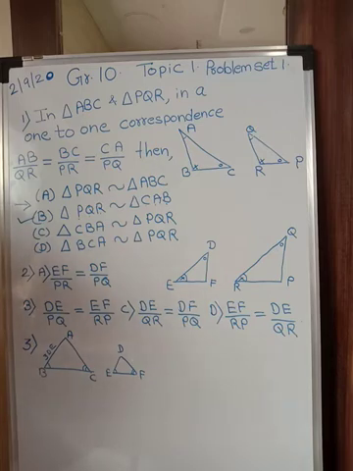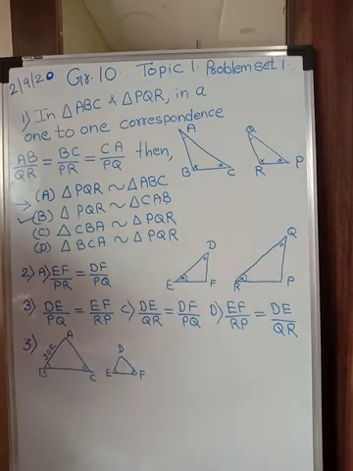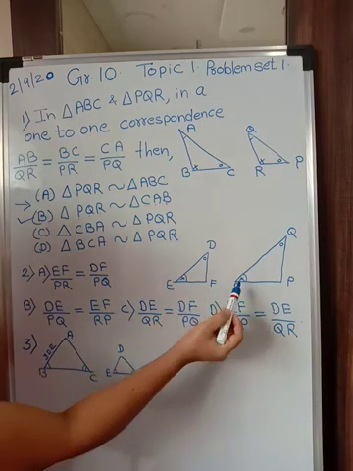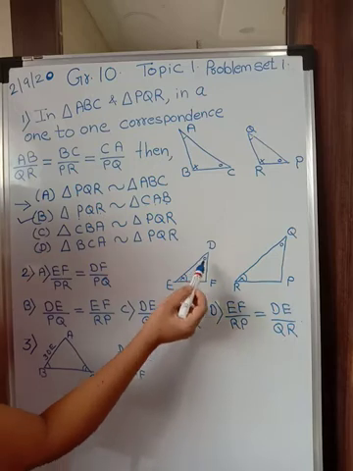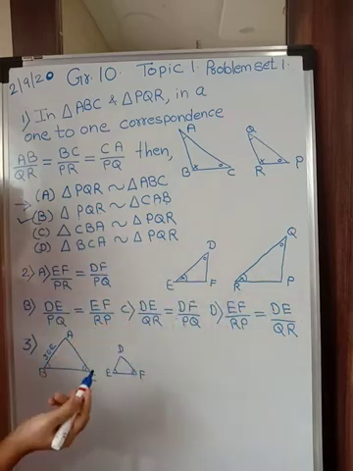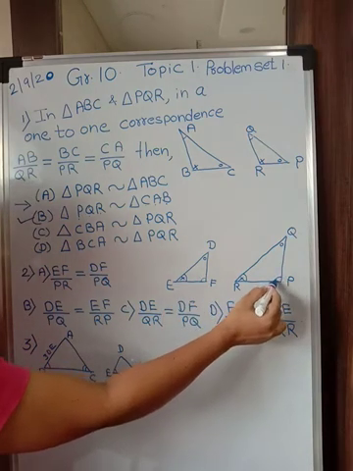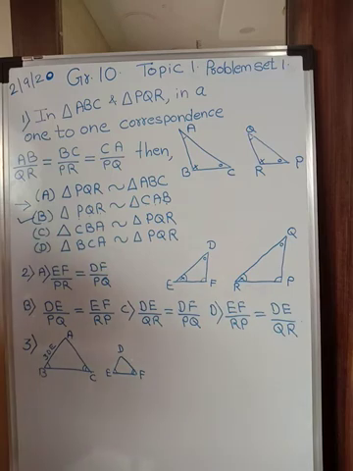Okay, let's go for the next question. If in triangle DEF and triangle PQR, angle D is equal to angle Q. They have given D is equal to angle Q. Now, second is what? Angle R is congruent to angle E. Now, two angles are congruent. The third angle automatically becomes equal to the third angle of the other triangle. Therefore, this angle will be equal to angle P. Let us see what they are asking. Which of the following statements is false? Now they are asking for the false statement.